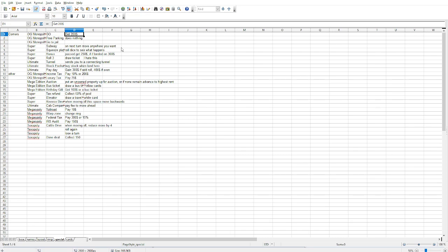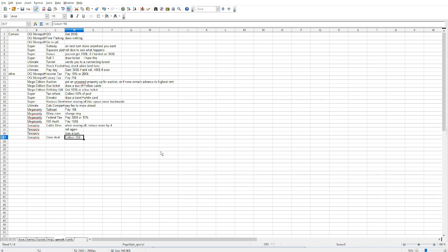Some of the other spaces where you get money, like Texopoly, done deal, collect $150. I think that might actually be coming from the cash pool, unless the cash pool is empty, at which point it comes from the bank. Where like pay $300 or 15%, that you pay to the cash pool, and whoever